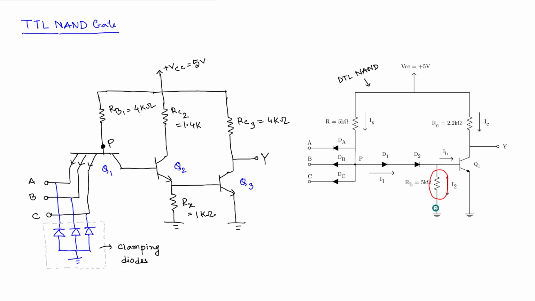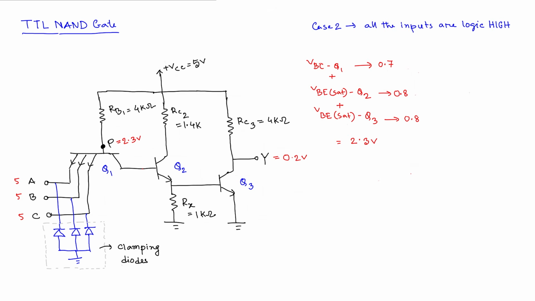That was the idea, but obviously that was not a very good solution for this issue, and it still takes some time to dissipate that. And we also saw the trade-offs of selecting the value of that resistor, higher or lower value, and how that affects the circuit. So now in TTL, what we will see is that